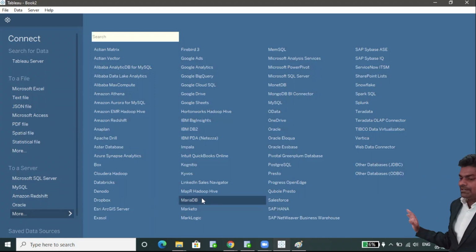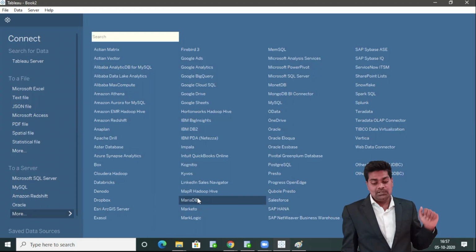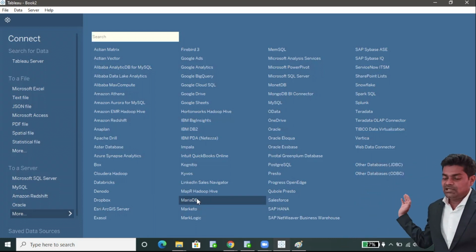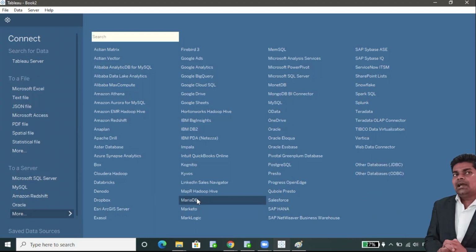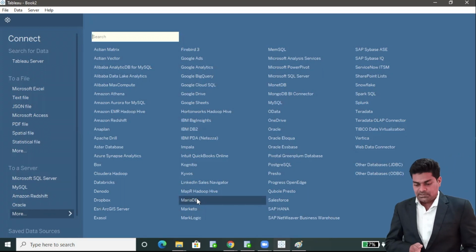There are so many databases, and if something is not available here, guys, you can click on other databases, JDBC and ODBC, and you can simply connect with those databases whose connection is not available here.